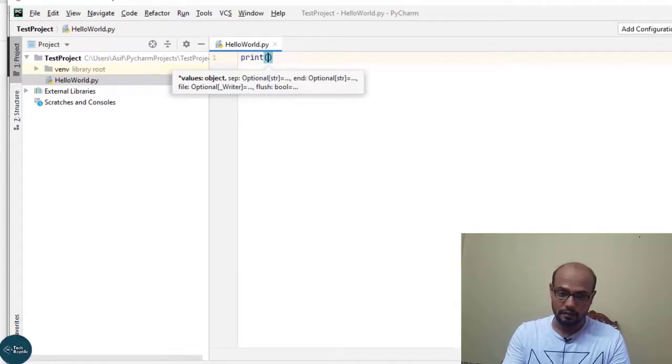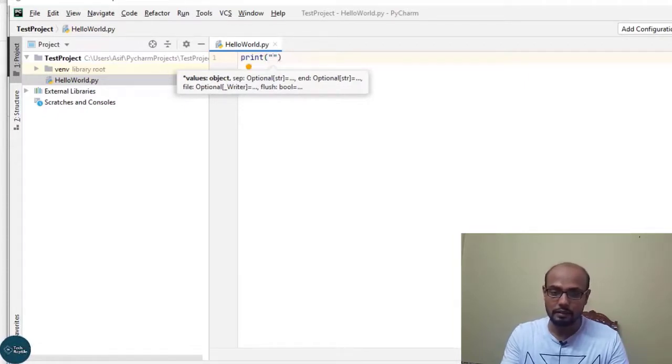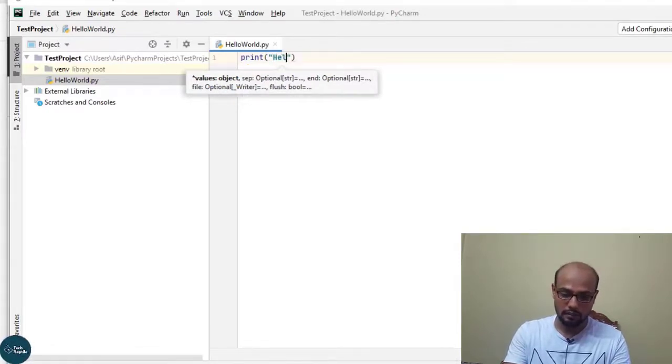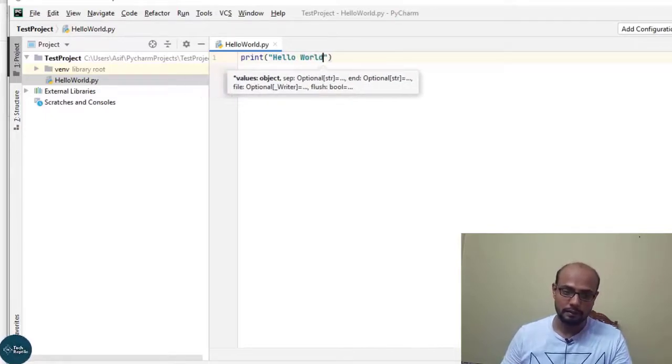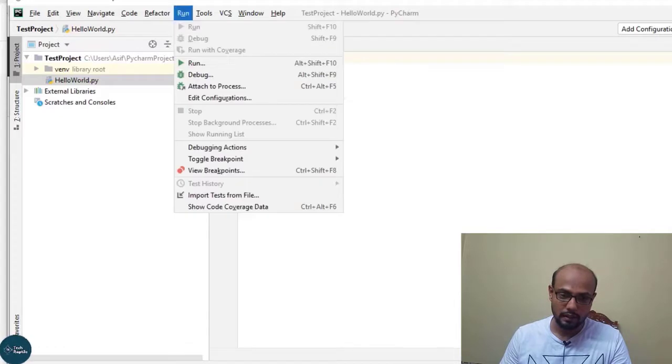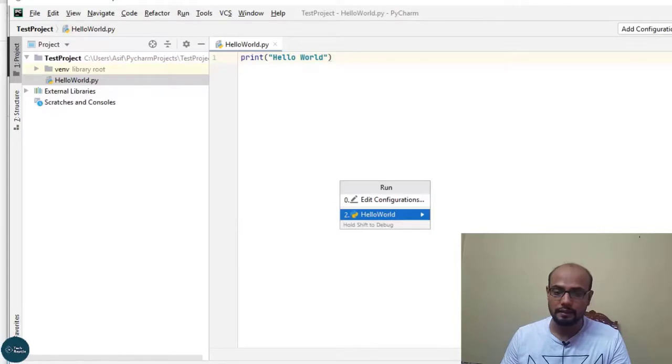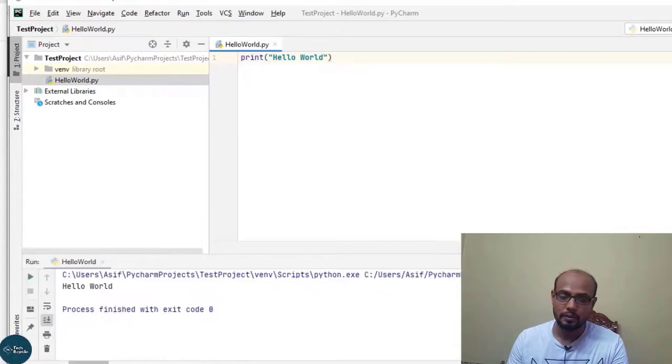If I press one apostrophe, then it gets automatically two. Now go to the run section and click on the run button. I just need to select the file name which I want to run or execute. My file name was hello world. I click on hello world, then it will show your output in this window.